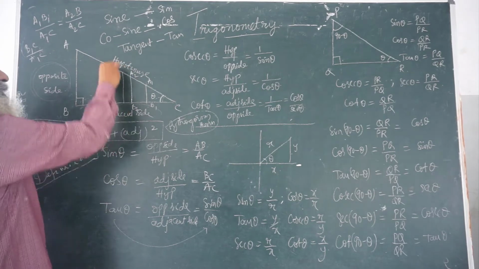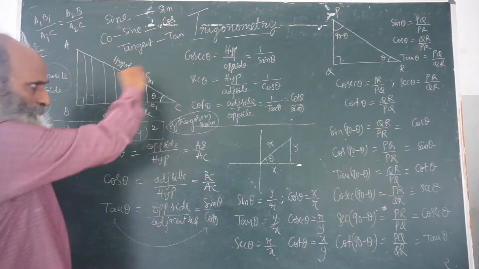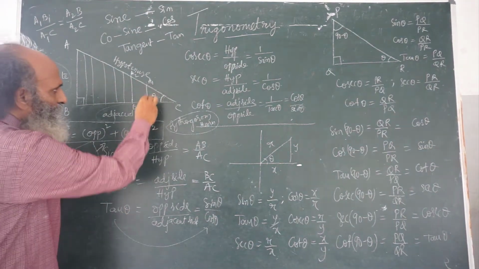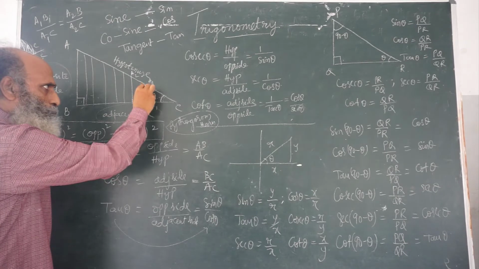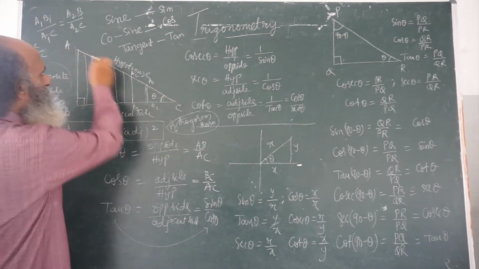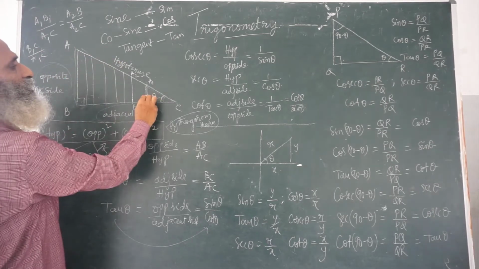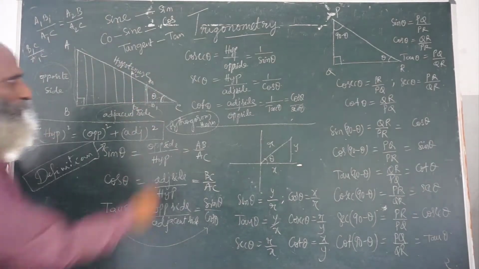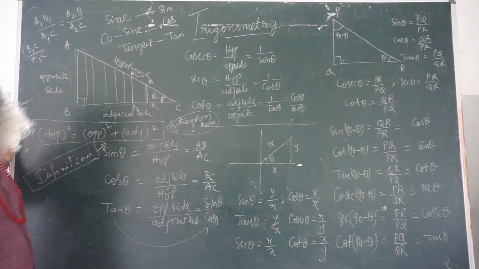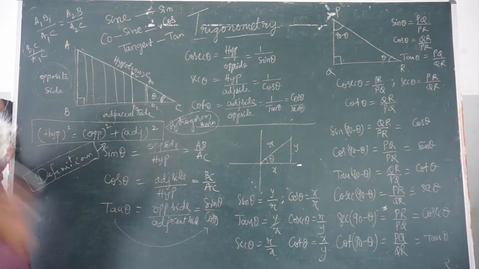Like this we can draw any number of triangles, isn't it? But this theta is not changing, therefore whatever the length, for this triangle the opposite side length is this, the hypotenuse is this. For this triangle the opposite side length is this, and the hypotenuse is this, but this ratio and this ratio are the same. So theta determines the value of the trigonometric ratio, not the length of the side. This you must remember in mind.